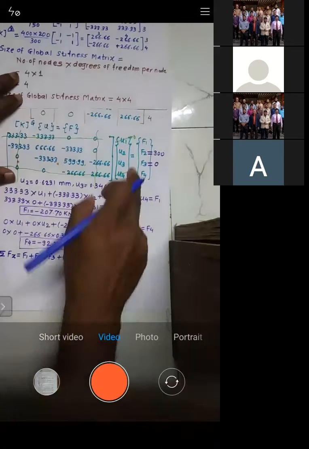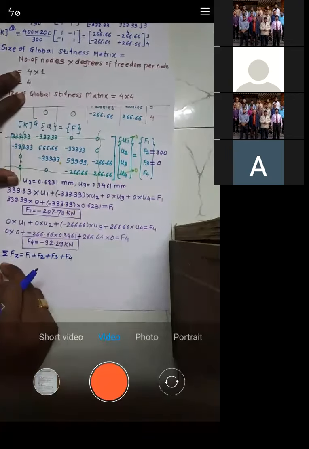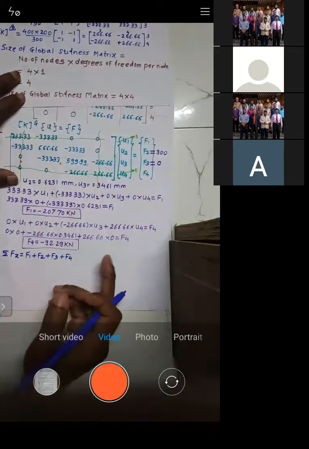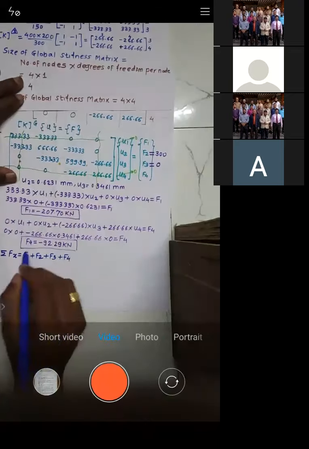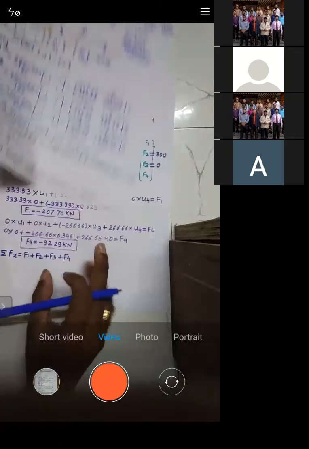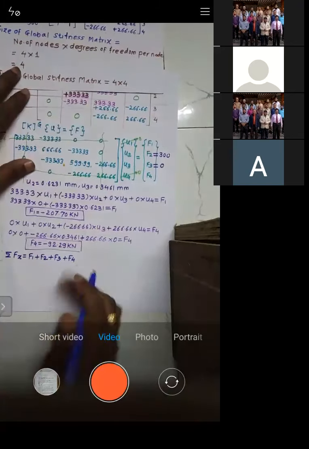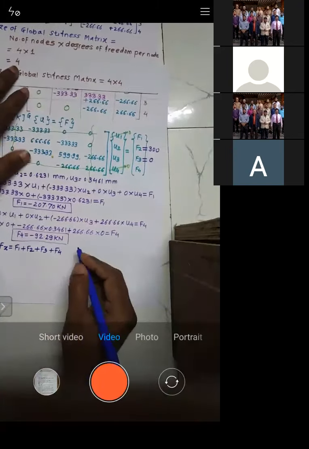In addition to the x direction, if we have forces in y direction, we need to do it separately, that is summation of forces in y direction, right? Here we have the force applied only in x direction. That's why we are taking the summation of forces in x direction only, right? So let's calculate that value, how much we are getting.